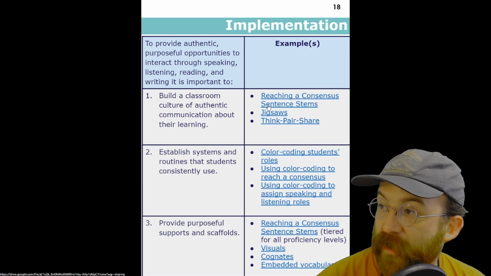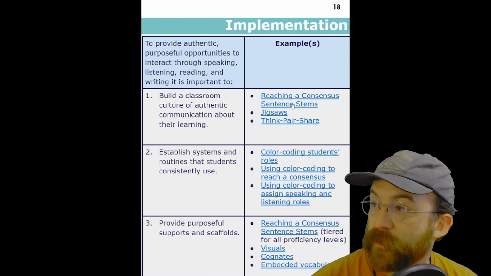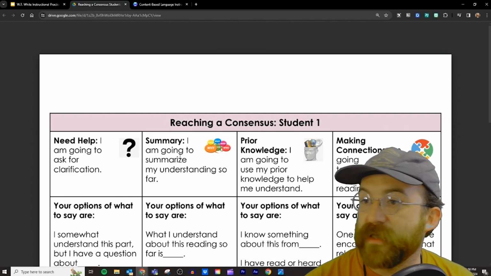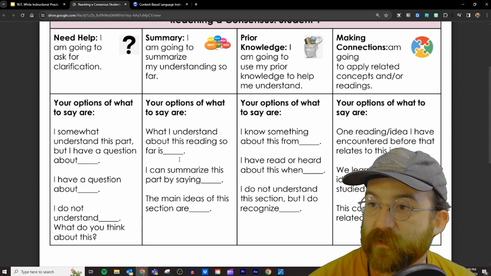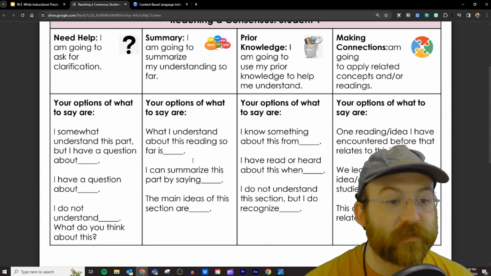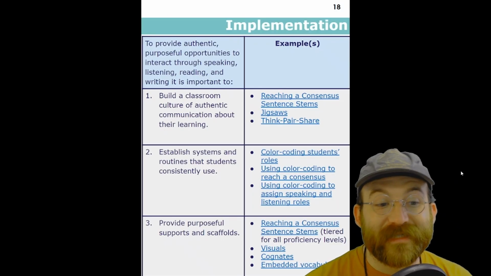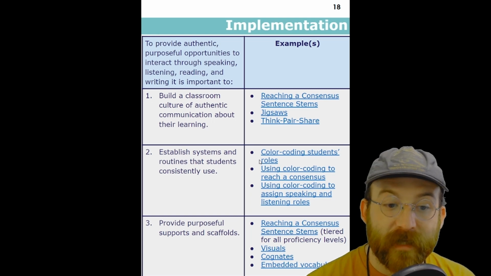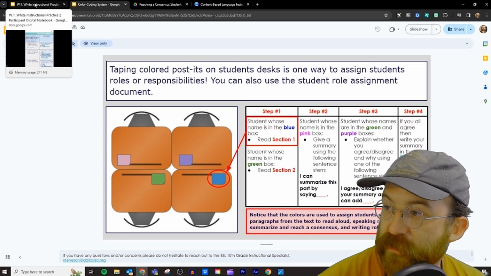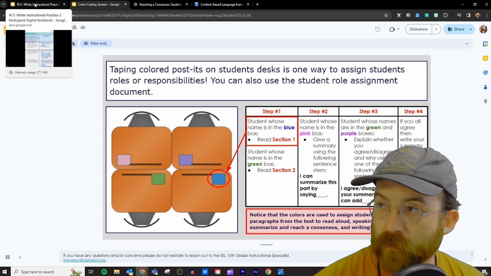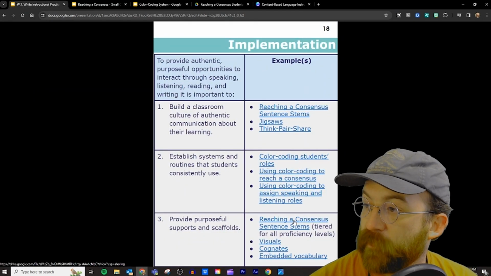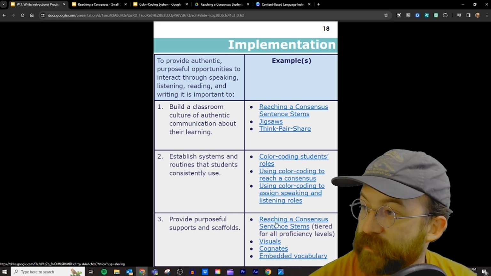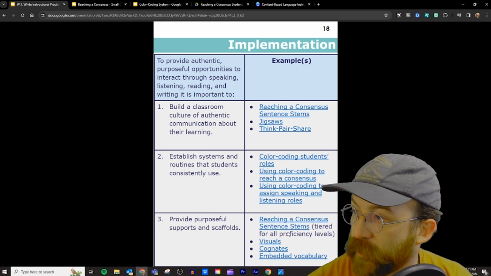And then here are some strategies that help with that authentic communication. For instance, this activity gives a lot of sentence stems to spark conversation between students. If you want help establishing systems and routines that students know how to use consistently, that is huge. This one talks about using some of the colors to assign roles in discussion. And if you want to provide purposeful supports and scaffolds, there are consensus sentence stems right here with tiered proficiency